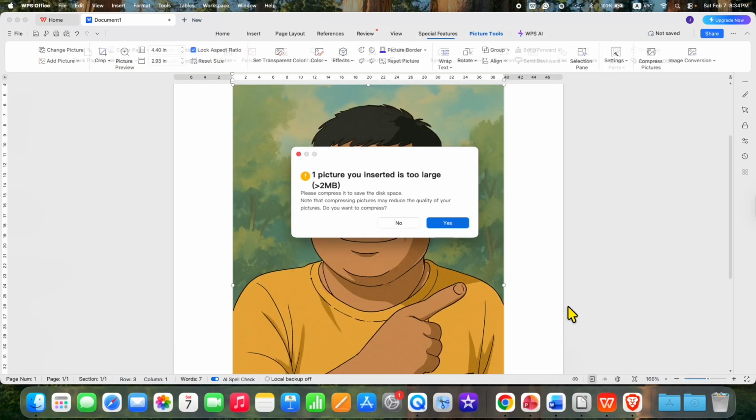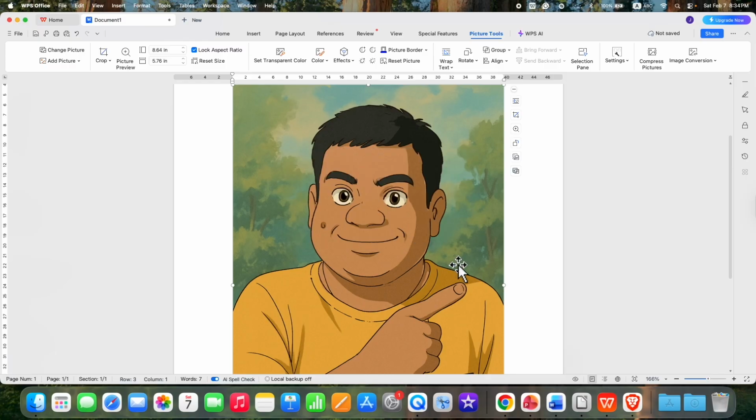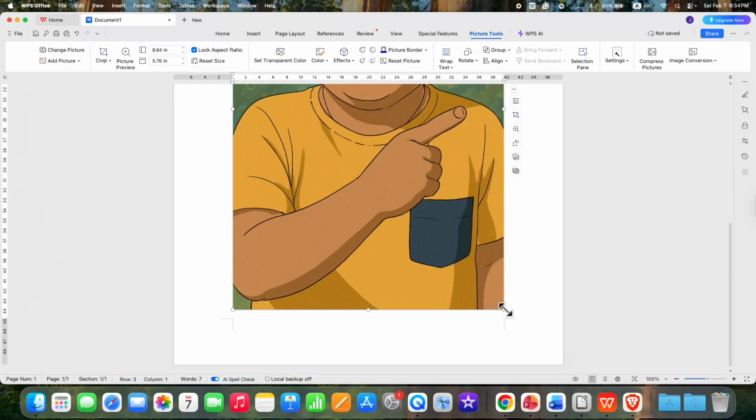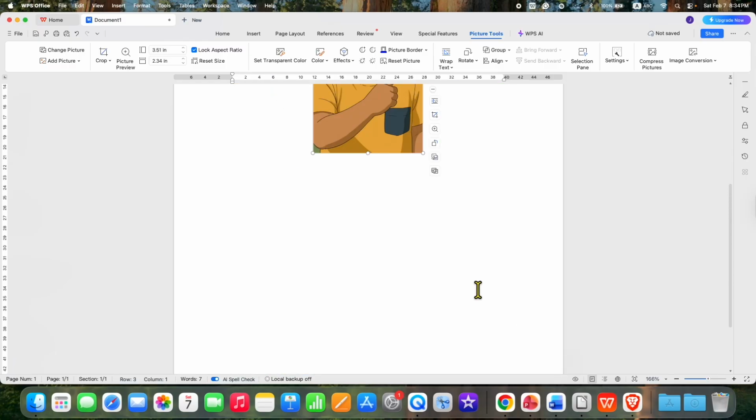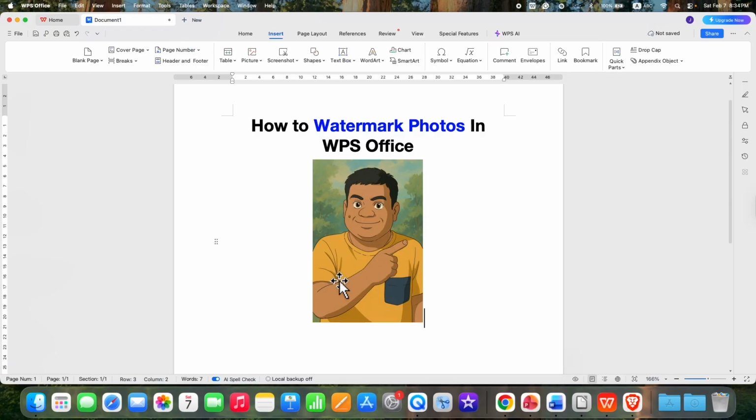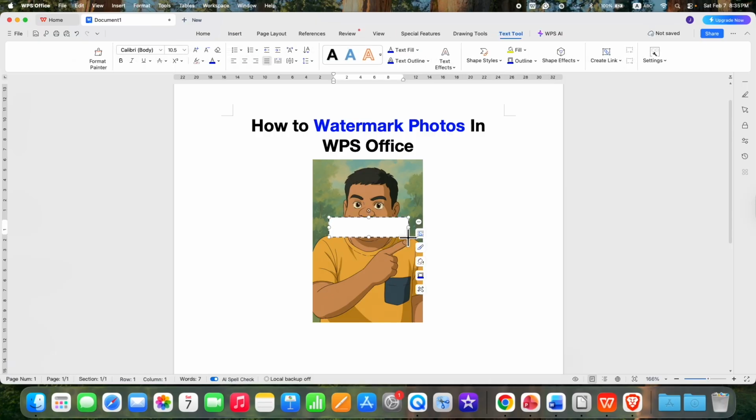After inserting the picture, your picture may be of a very large size, so you will need to resize it. Now to add a watermark on this picture, go back to the Insert tab, select text box and horizontal. Now draw a text box onto the image and type what you want, for example, watermark, and adjust the text